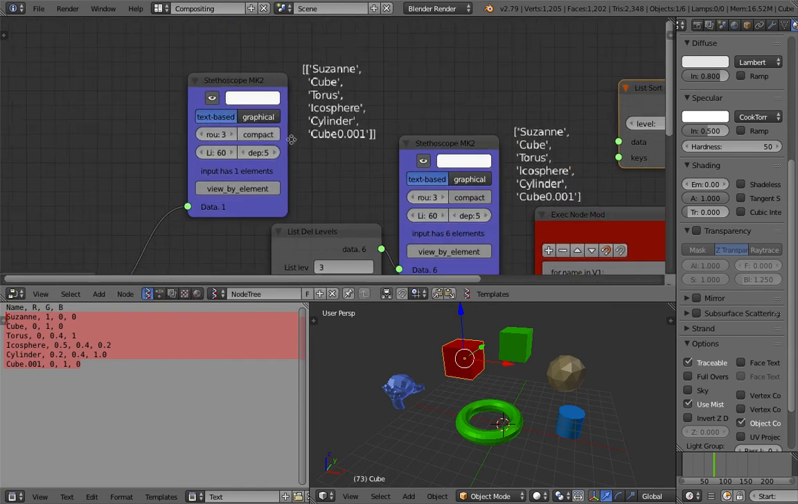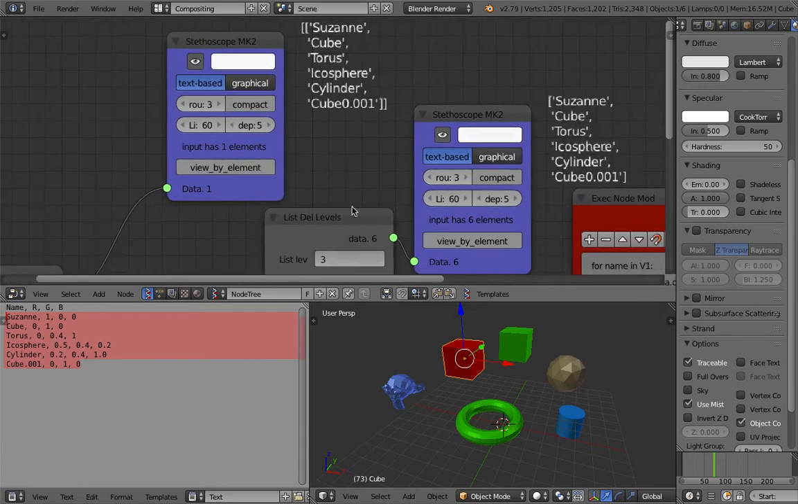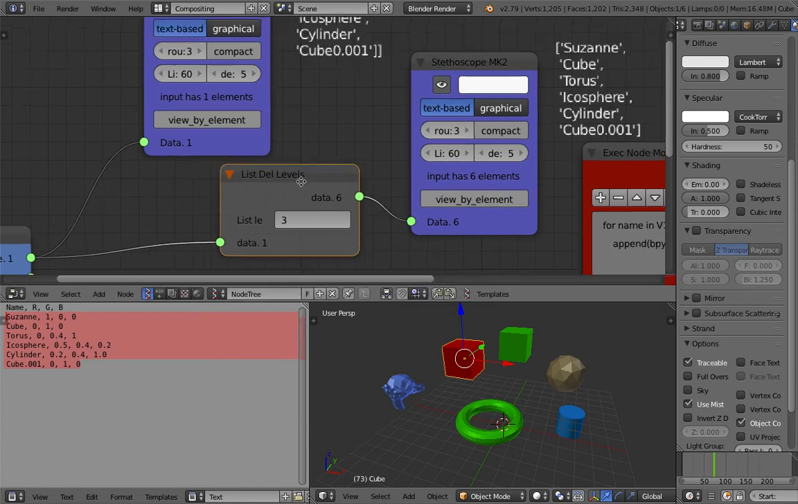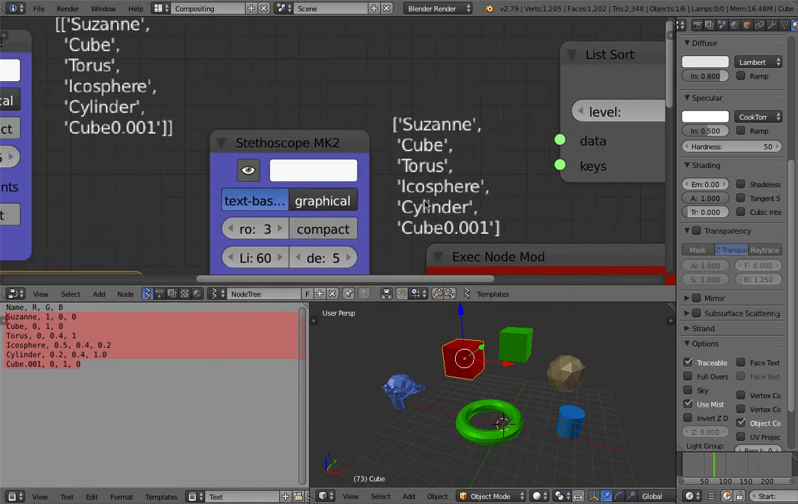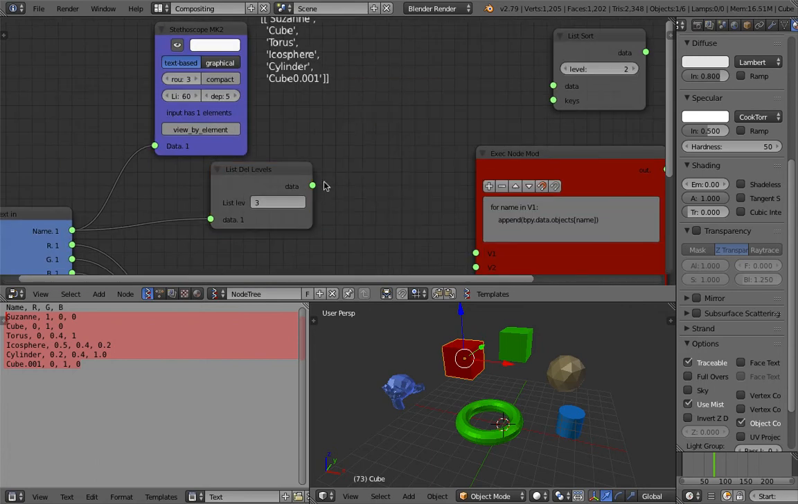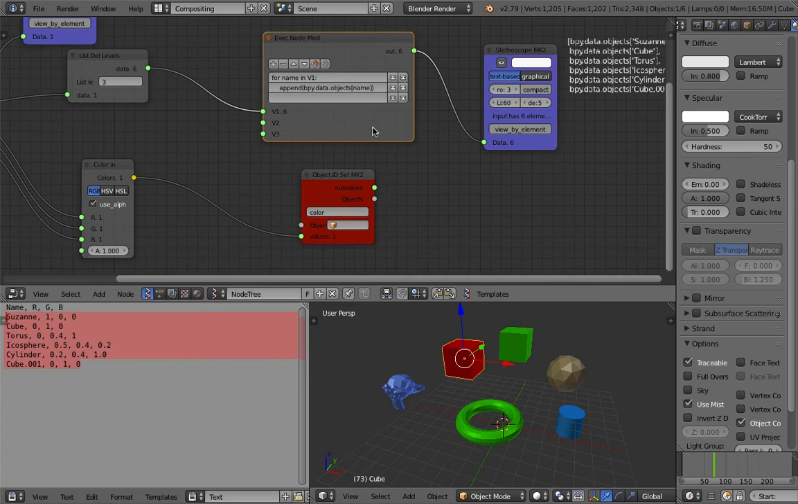So this is what we have before. It's basically a list of data. And here I'm deleting one of the brackets, the list, so now we have only the actual objects. With these objects, we can plug this into the exec node. So now it's